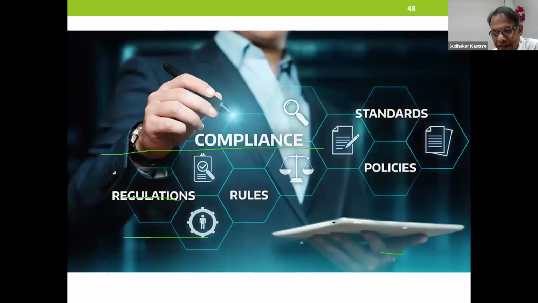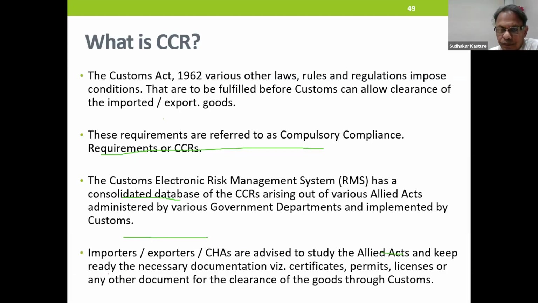What are the compliances? Under the Customs Act 1962, you have CCR, compulsory compliance requirements. These are to be fulfilled before customs can allow clearance of the imported, exported goods.